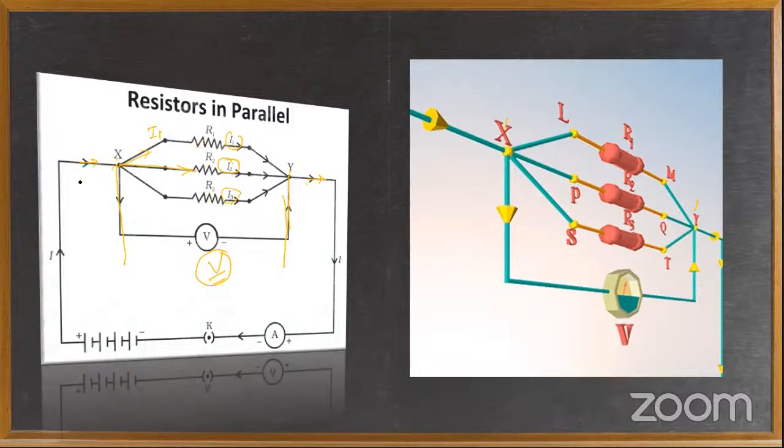Now see, here the current from this point is I. Then what is happening here is they are producing I1 through R1. Then I2 flows through R2, and I3 flows through R3, and then again this current comes back as I. Here the current gets distributed in three ways, in three paths. That's why